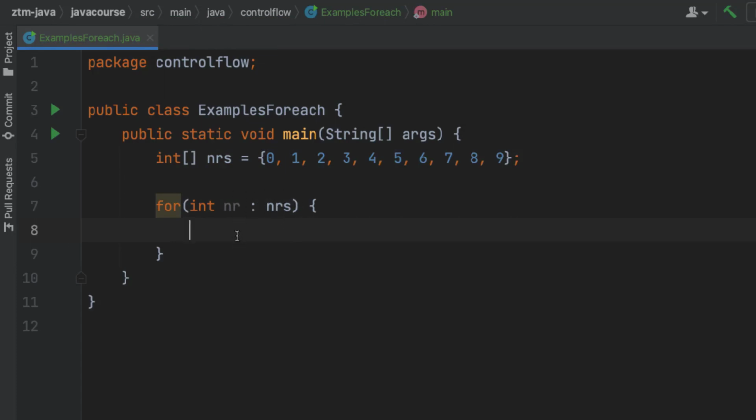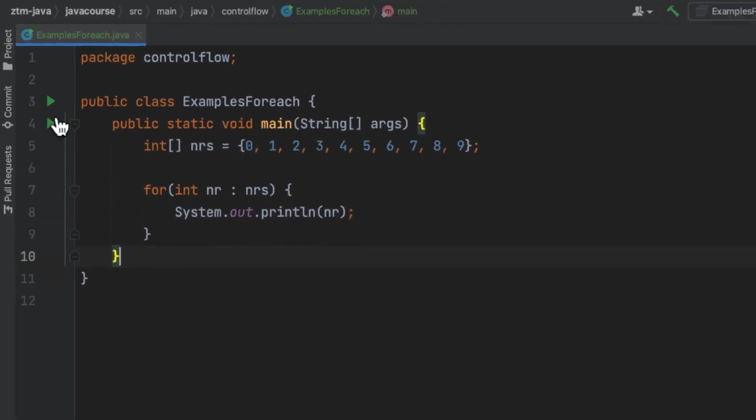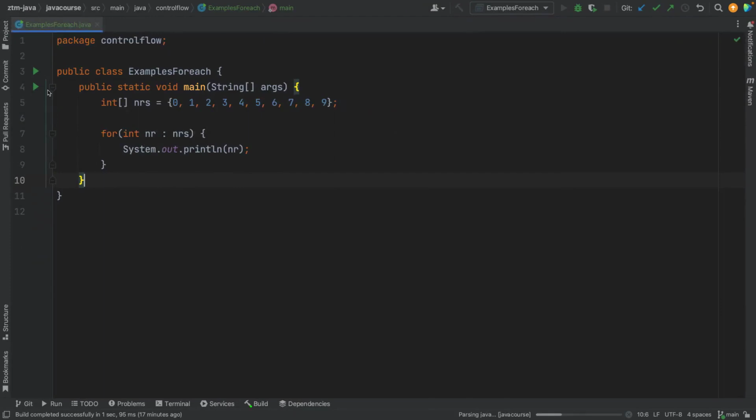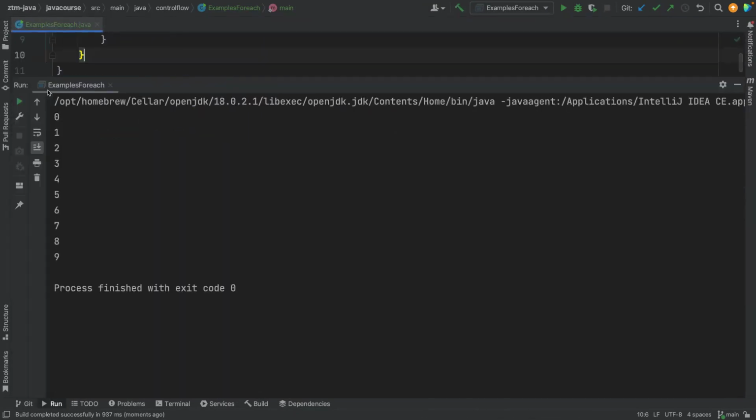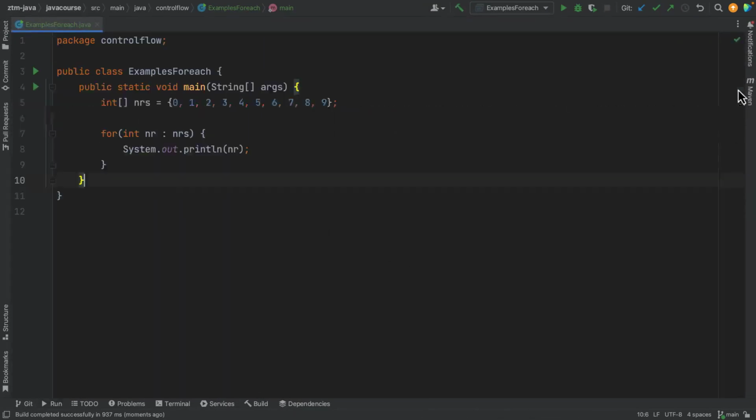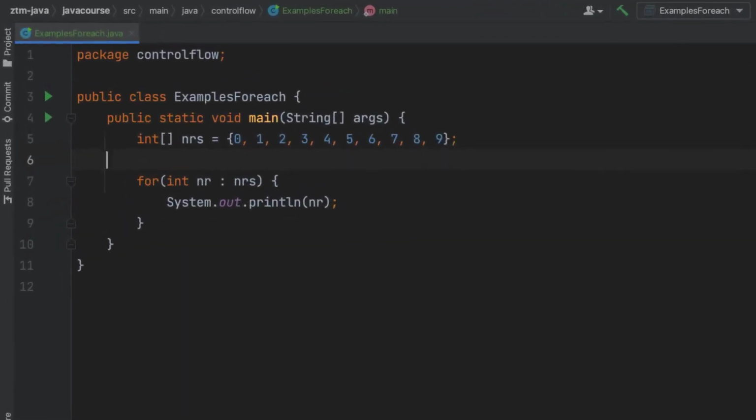and what I'm going to do here is I'm just going to be printing the number for now. So if I run this, it's going to print every number that is in my numbers array, as you can see. Alright, but let's do something more interesting, something I also would not need the index for, so perhaps I